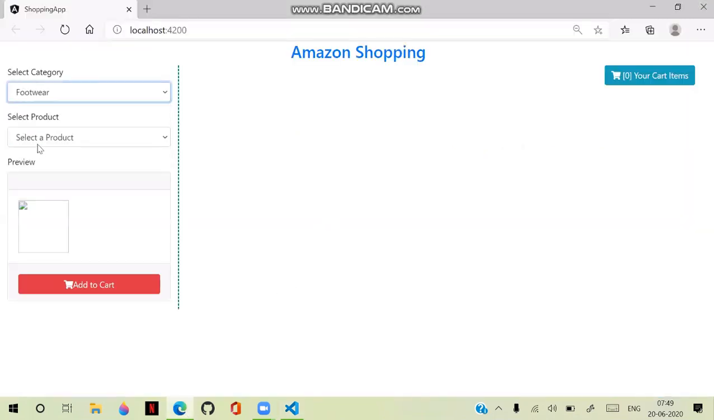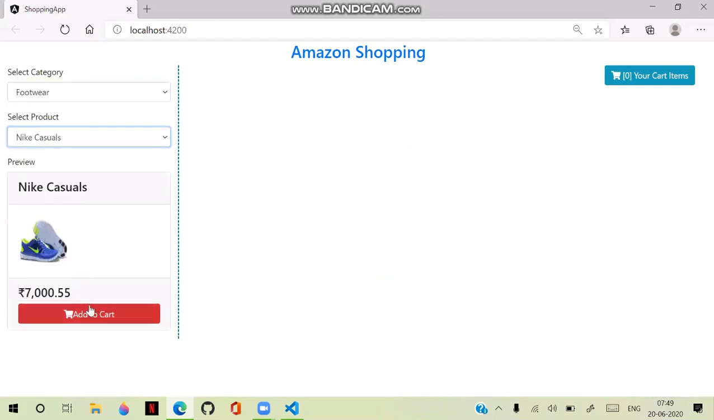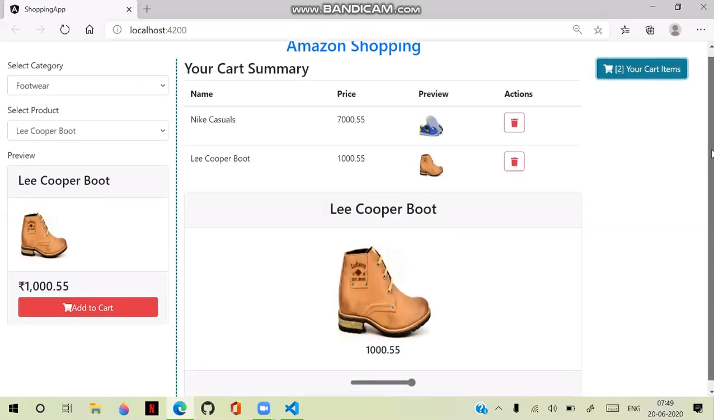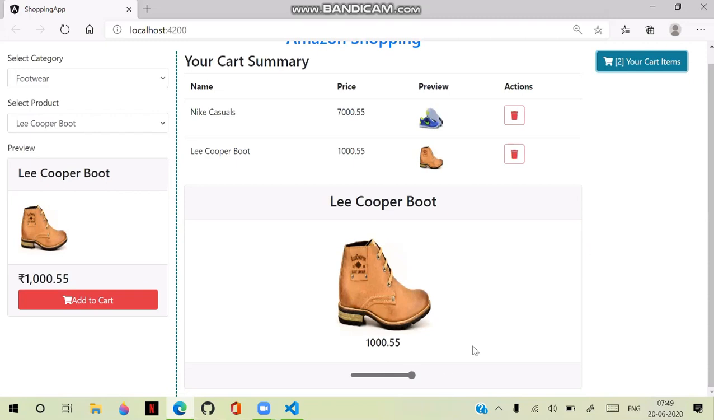I selected a value here. I choose an option, add to cart. It is added into the cart. I selected another option, add to cart. It is also added. Two cart items are there. And I click here and you can see the cart items. Now you can see at the bottom I am having a slider, and this slider should allow me to scroll and view the items. That means when I am moving the slider,